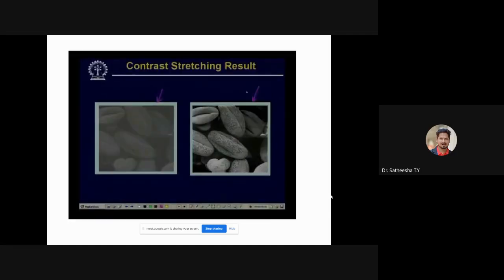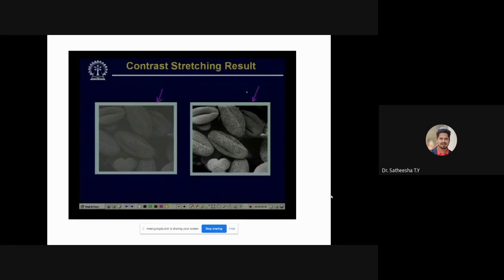Here in this slide, the left hand side image is the same image we had earlier. This is the original image, which is a low contrast image.